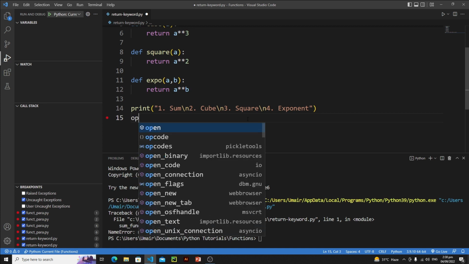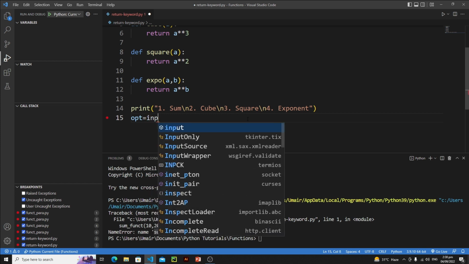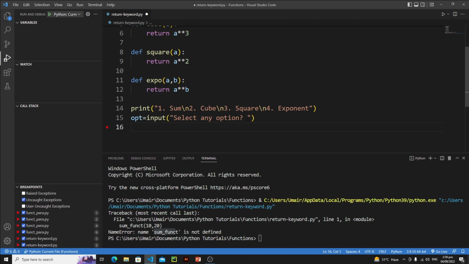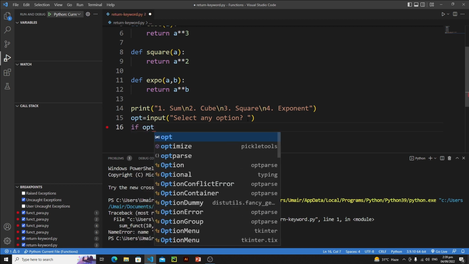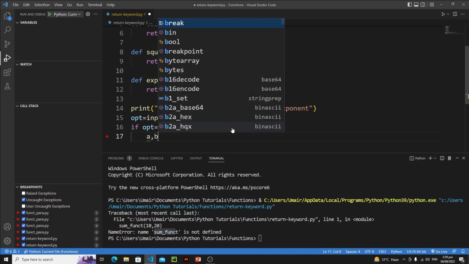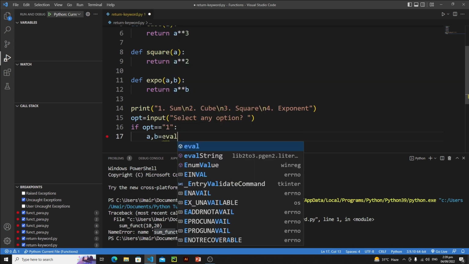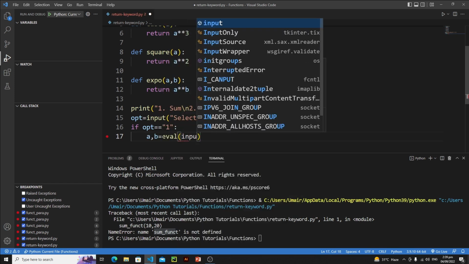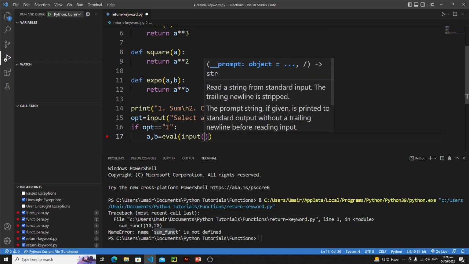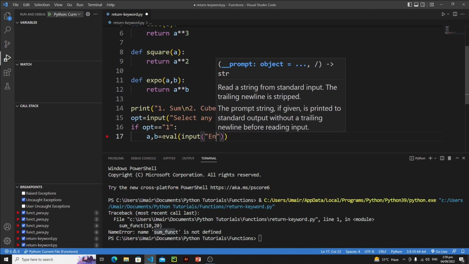And now based on the user selection, I need to perform that particular operation. So just write opt is equal to input, and let me write an if statement. So if opt double equals 1, so if user selects 1, this means I need to perform sum. So I'll ask the user to enter two numbers. So just write a comma b is equal to eval, and we have discussed the eval function in the very beginning of this course series. And in the input, I'll ask the user to enter two numbers,